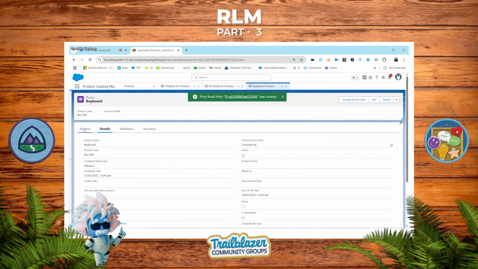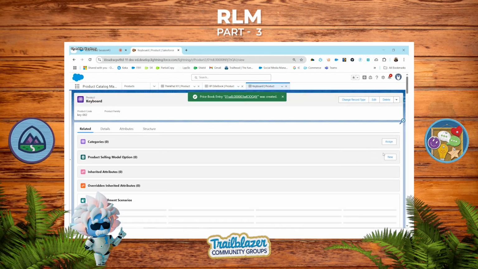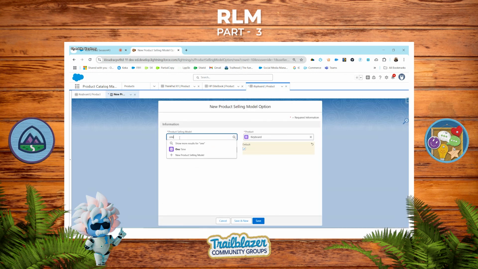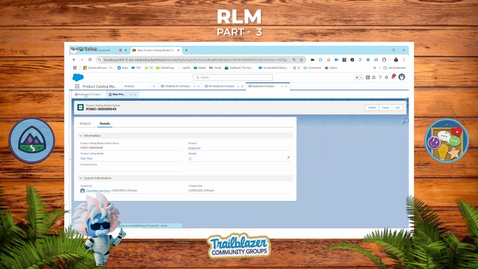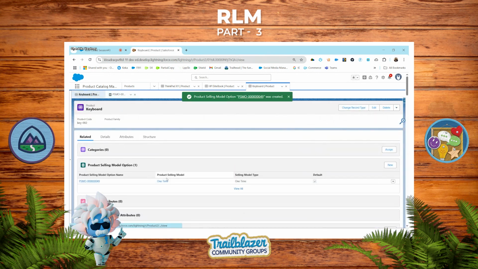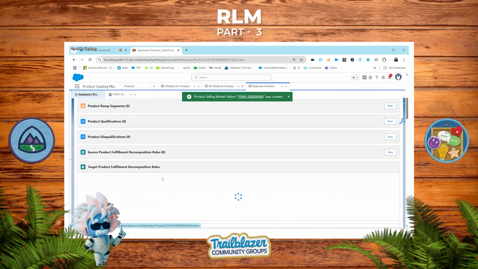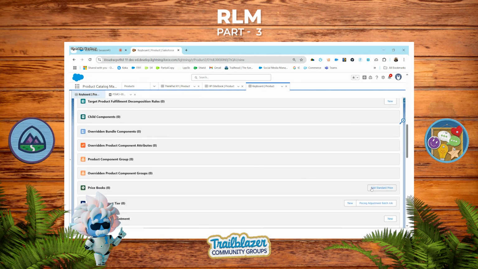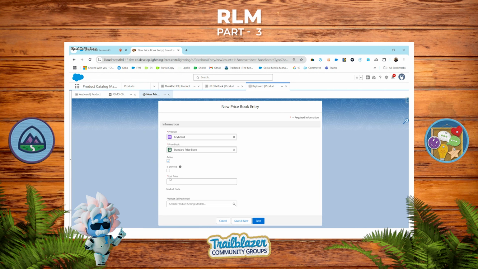Then we have a keyboard, and the price is $100. Select one time.